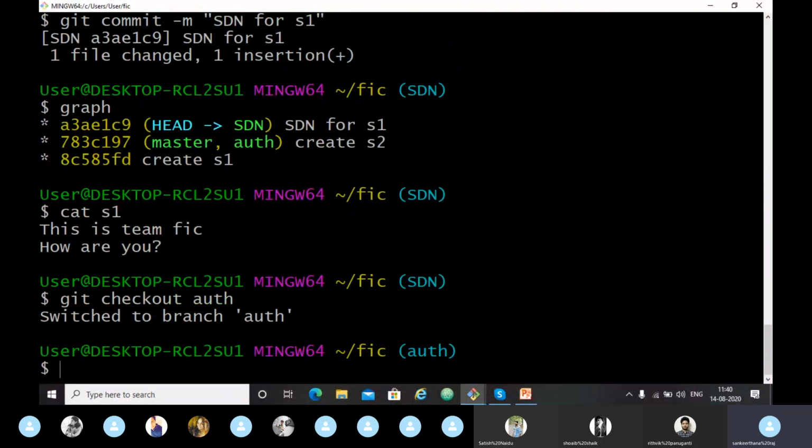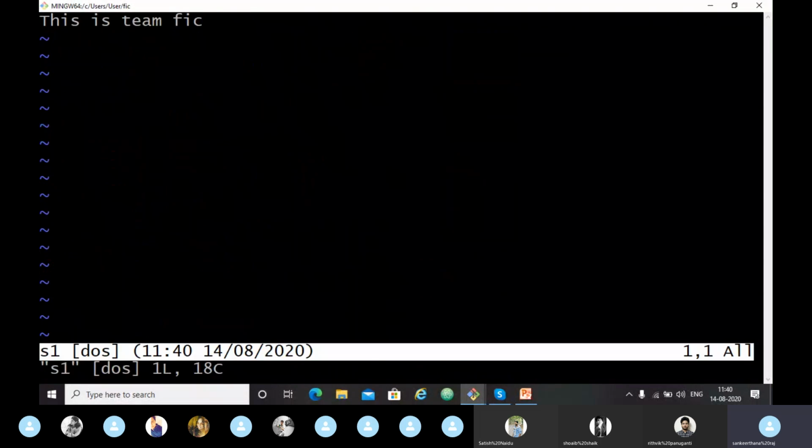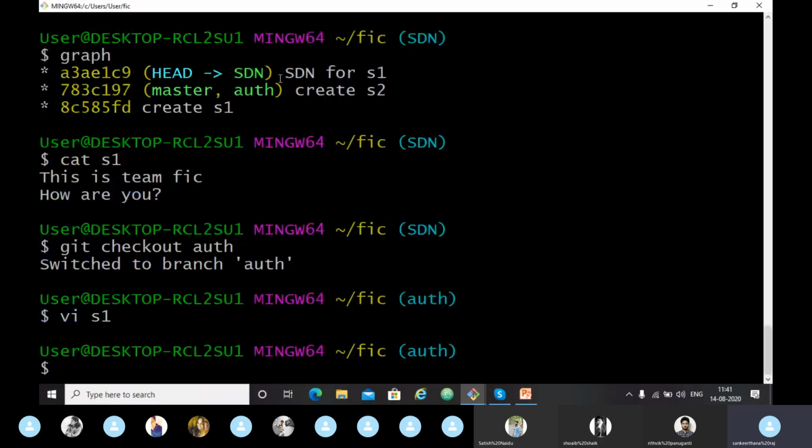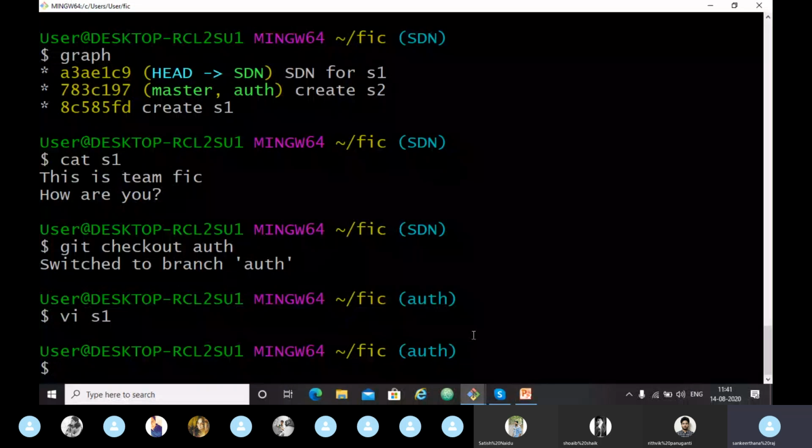Now I will edit the S1 file on the auth branch. vi S1. Colon x. I have edited the S1 file in the auth branch.